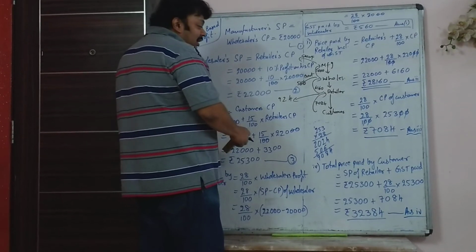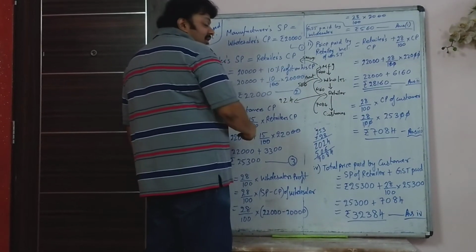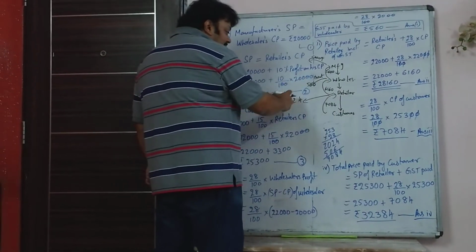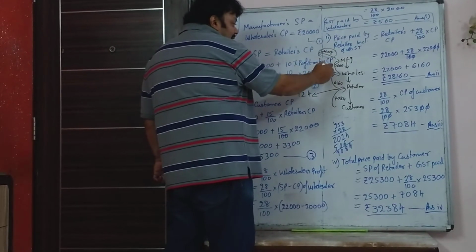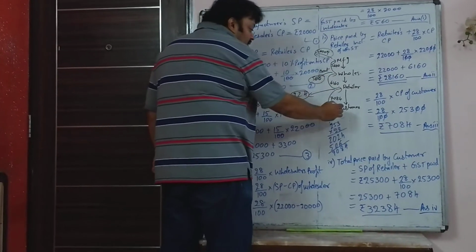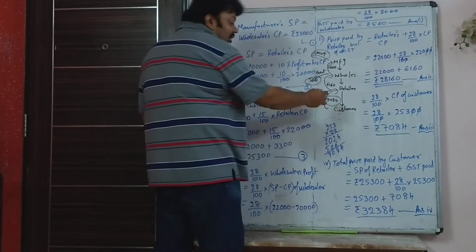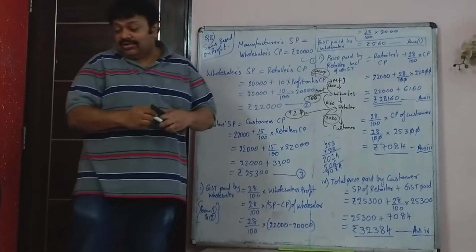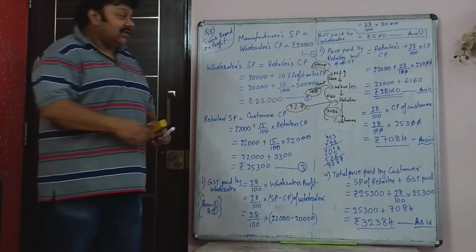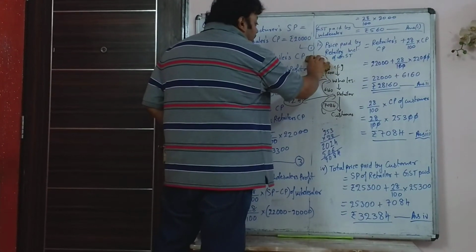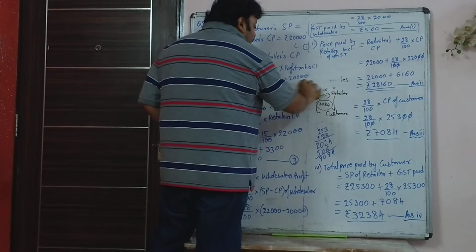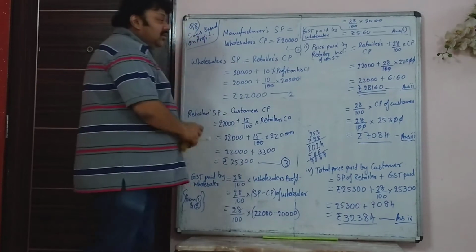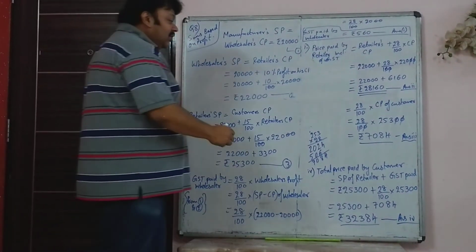So if you even add it this way, 5,600 the manufacturer gave, 560 rupees the wholesaler gave, and the retailer gave 924. If you add these three also, it will amount to the GST, that is 7,084, which is paid by the customer to the government. But of course, this flow chart is just for your understanding. In the exam, you don't make all this flow chart. Right now, it is just for you to understand how the flow of the sum took place. So write that is how the flow of the sum took place.